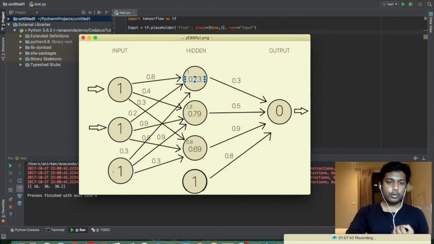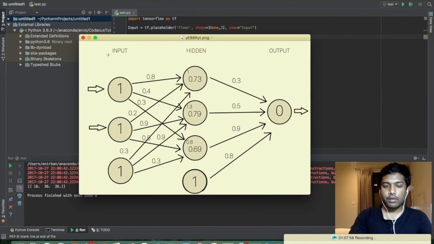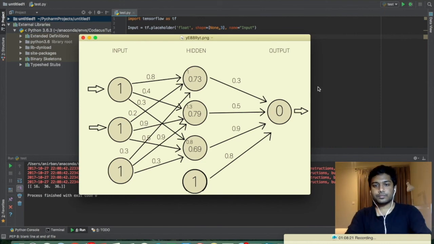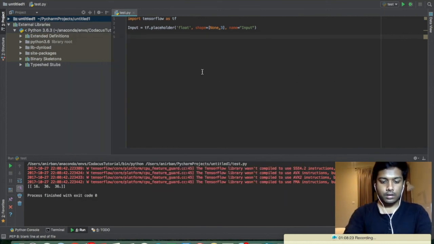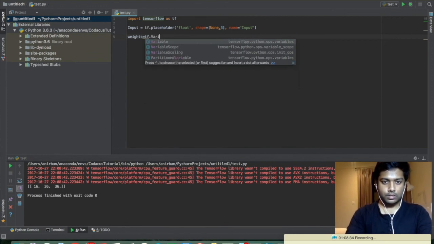These are all I'm going to call neurons. So we need to create a variable which will hold all these weights. We will have to have a variable which should have a 3 cross 3 matrix. So let's create a weight matrix. Weights equals tf dot Variable,